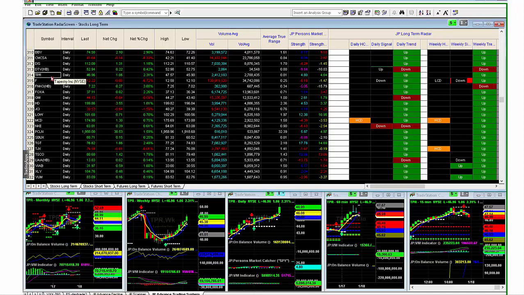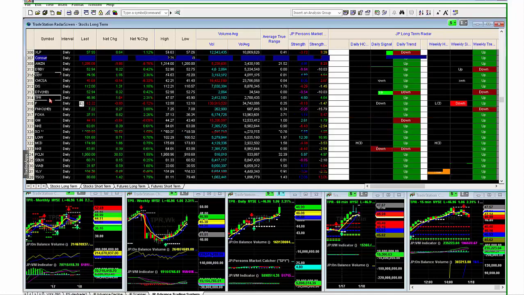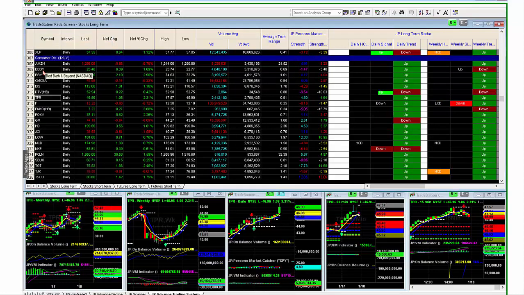So I should go up immediately to my file and save that in my workspace. Boom. If right now TradeStation crashes on me, guess what? As long as I don't say save the changes on the crash, it will go back to the save that I want, which is right here, with Tapestry added to the name.